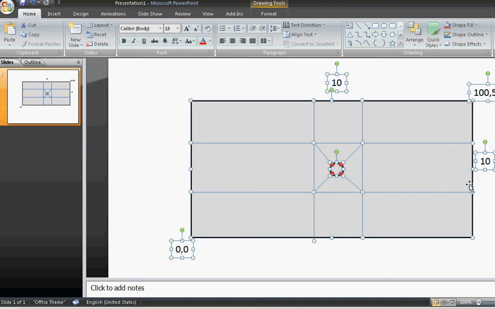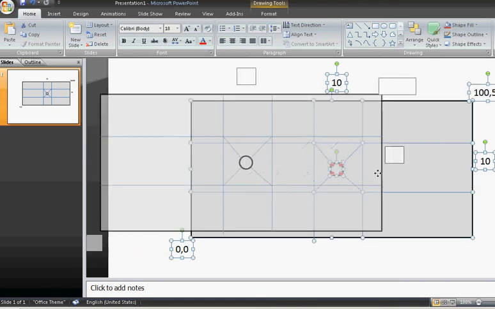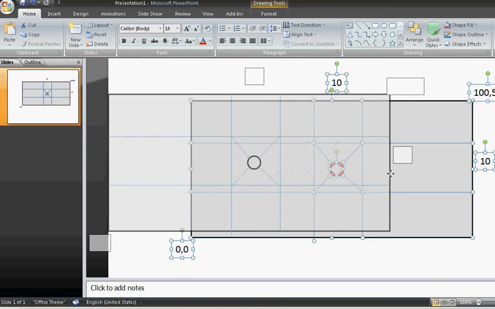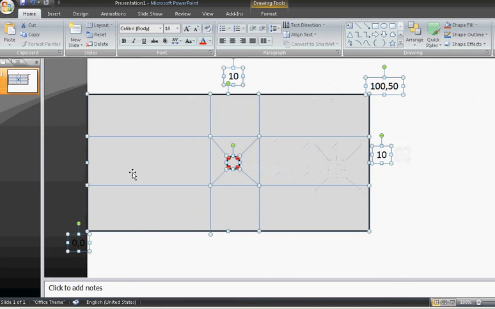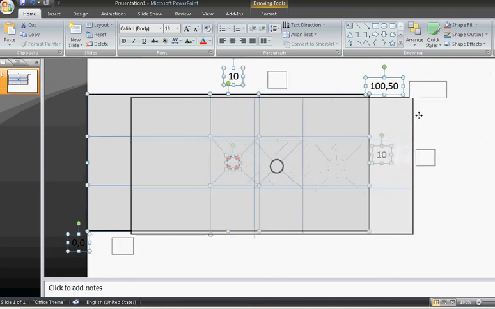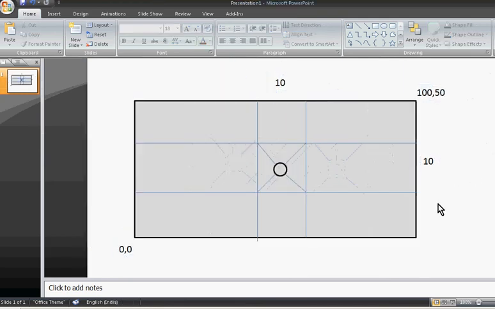I don't think these are getting recorded here. I'll just put it up like that. Okay, from here to here I choose the distance to be 10, and I think we are done with